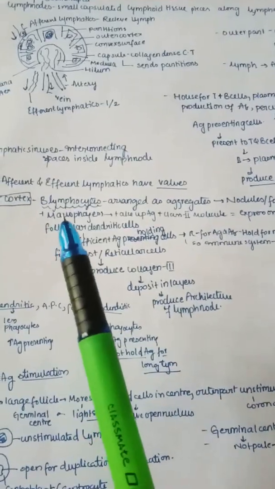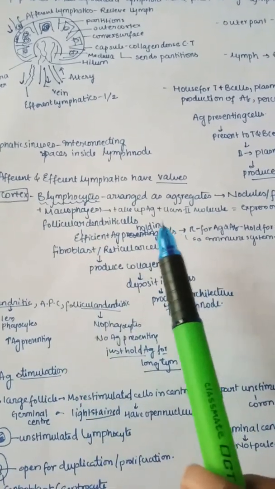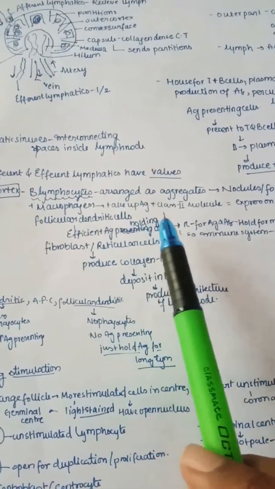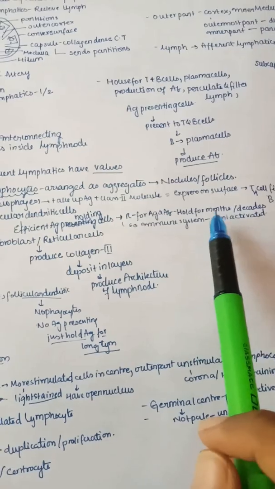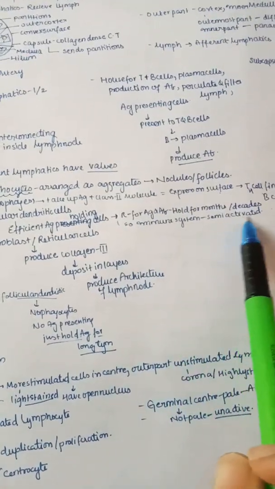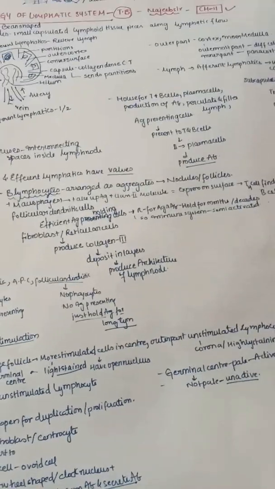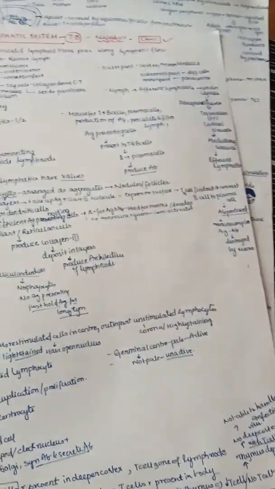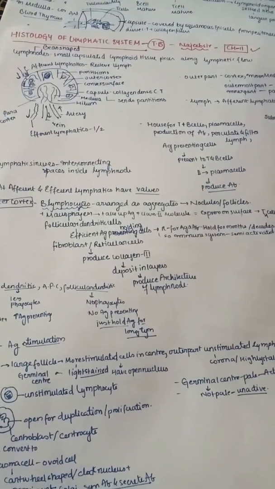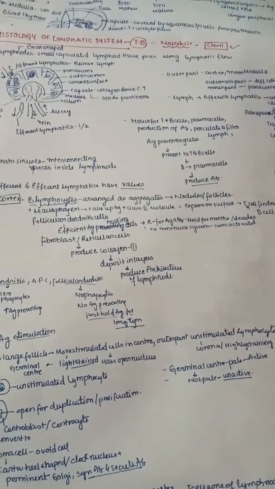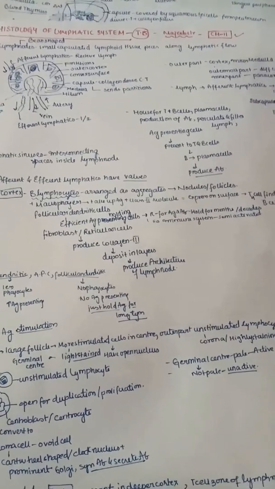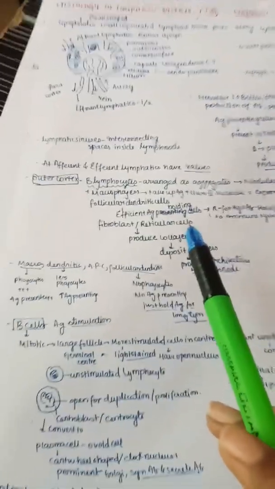But what happens in follicular dendritic cells is that they are efficient antigen holding cells, that is, they have receptors for both antigen and antibody, so that they hold them for months, even decades, so the immune system is always in a semi-activated state. So what is the difference? Normally macrophages just present the antigen so that antibody can be released to fight against it. But the follicular dendritic cells are special cells that hold the antigen-antibody complex for many months, or sometimes many decades, so that our immune system is always in an active state and ready to fight any kind of infection.